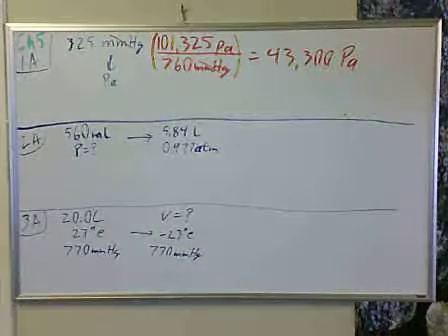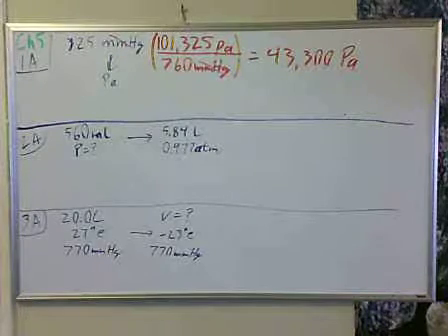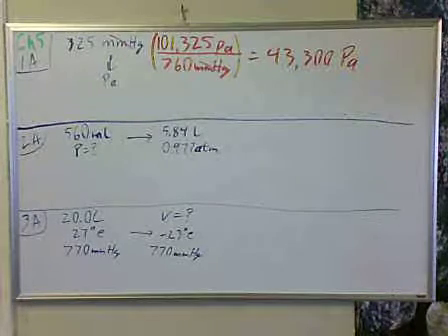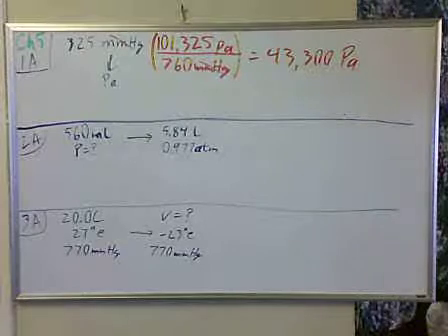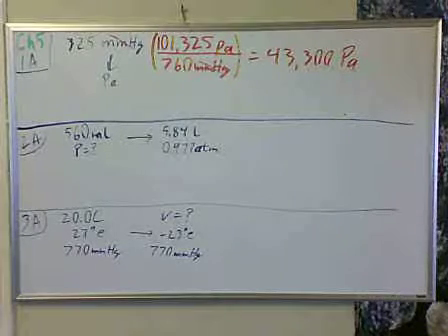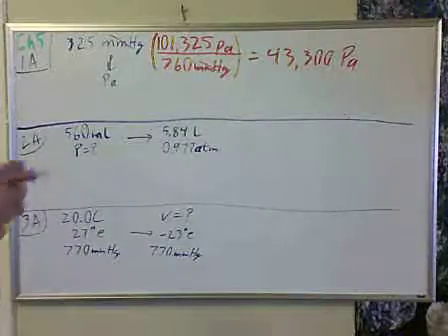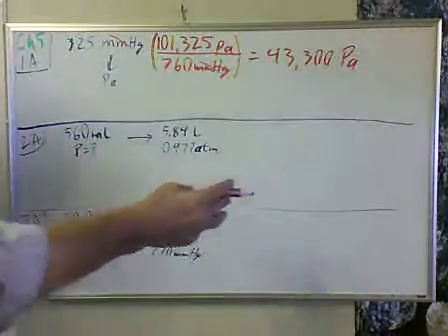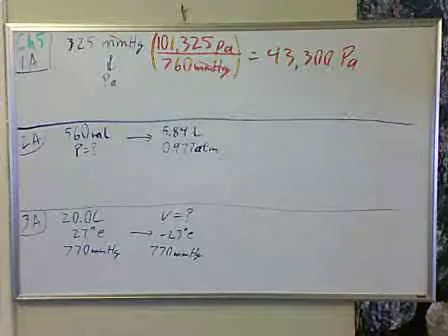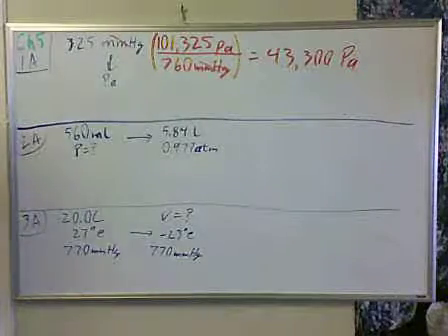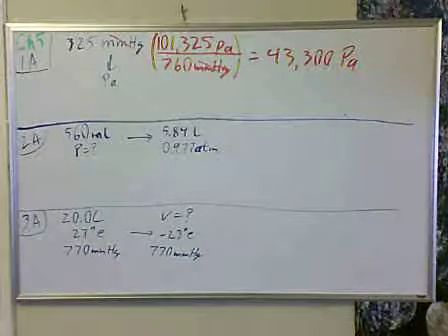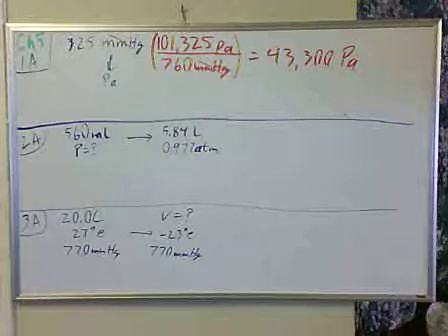On the next problem, we have a volume at an unknown pressure. We're expanding that gas into a larger volume. At the larger volume of 5.84 liters, we were able to measure the pressure at 0.977 atmospheres. We can use this to calculate back to the original pressure